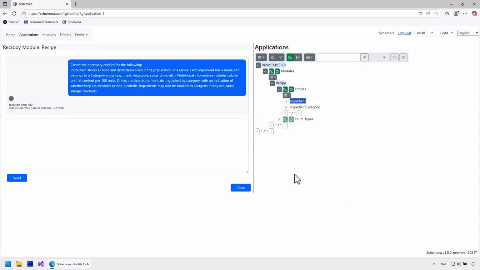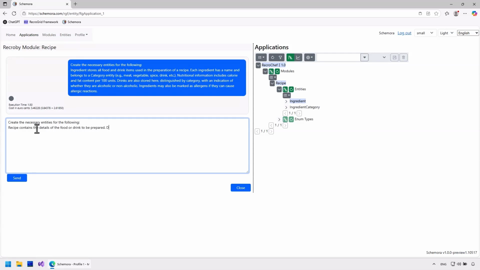Time to cook. Now it's recipe time. Let's bring on the star of the show. Recipe contains the details of the food or drink to be prepared. Each recipe has a name and a detailed description of the final dish, not the preparation process. The serving size defines how many people the recipe serves.